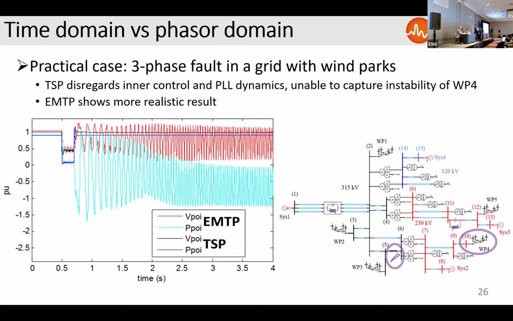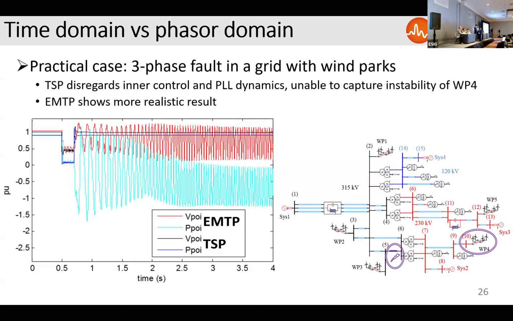And here is one of the practical examples of the results of a study you may get. Here we have a network with several wind parks, and we're simulating it in different software: some generic transient stability program, without calling any names, and EMTP. Once the fault happens and is cleared, the transient stability program just shows you that everything is fine and the operation is back to normal. However, since it doesn't represent the control loops, such as inner current control or PLL, this result is not necessarily accurate and not realistic. What you'll get in EMTP is that you'll see the instability because of these faster